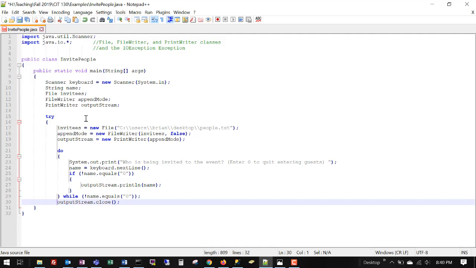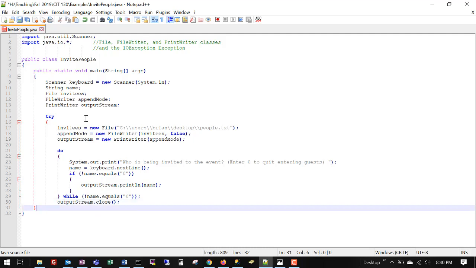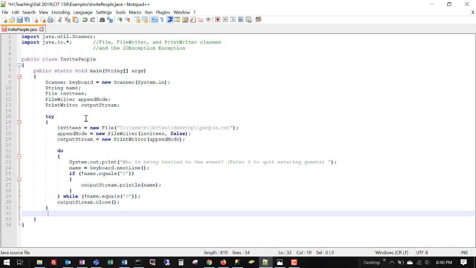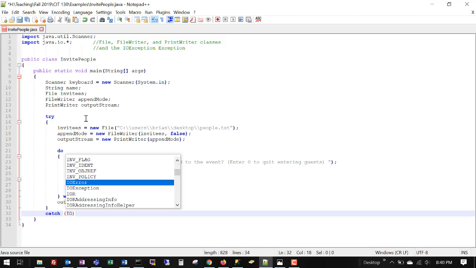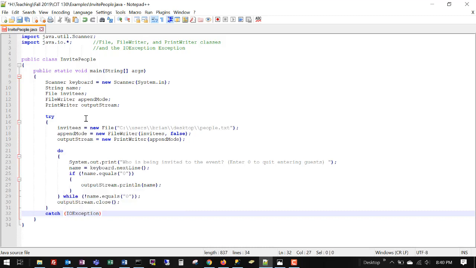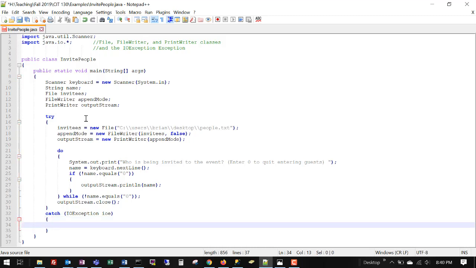We'll indent everything, close that try block, and we will catch IO exception, and by convention we always name our exceptions the capital letters from the exception, IOE, and we will